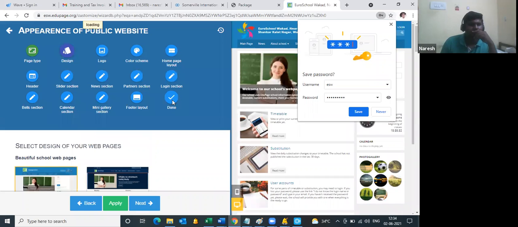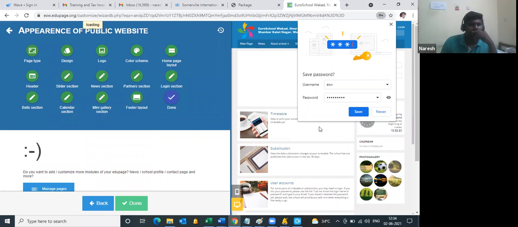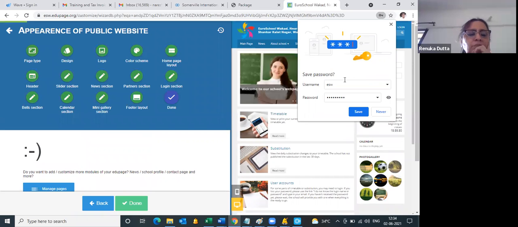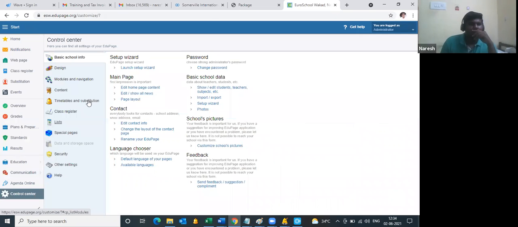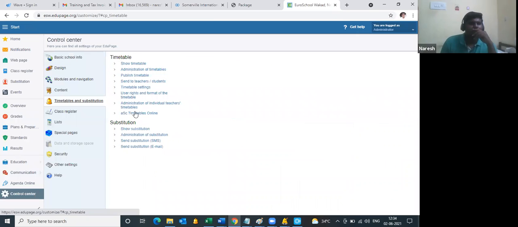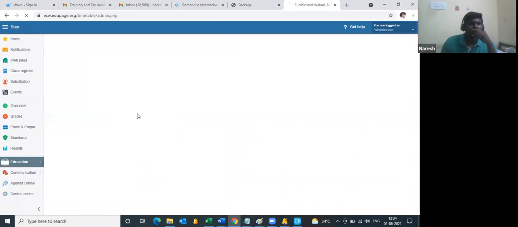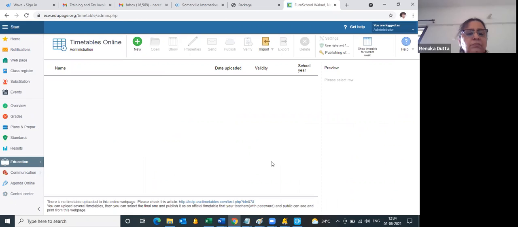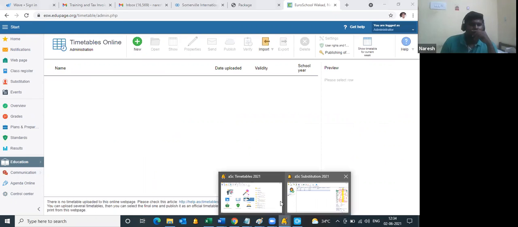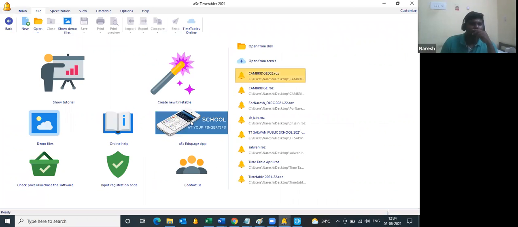So after logging in, you need to click on Control Center, Timetables and Substitution, AC Timetables Online. Now say for example we have generated a timetable.